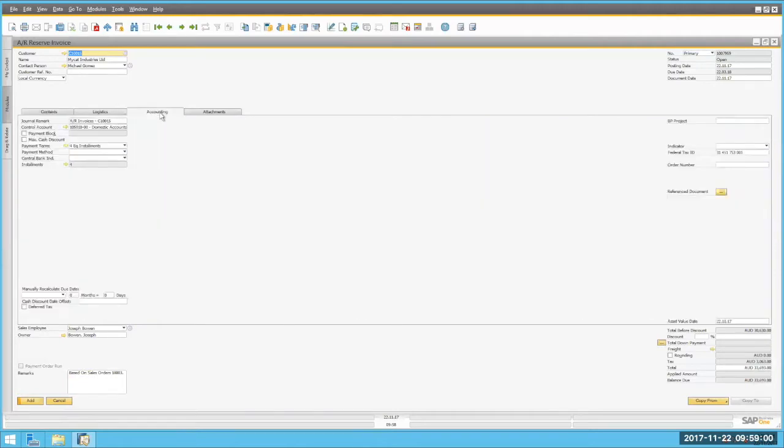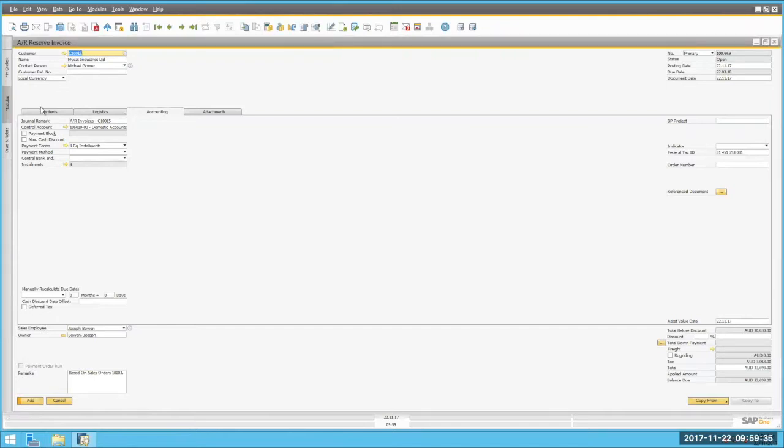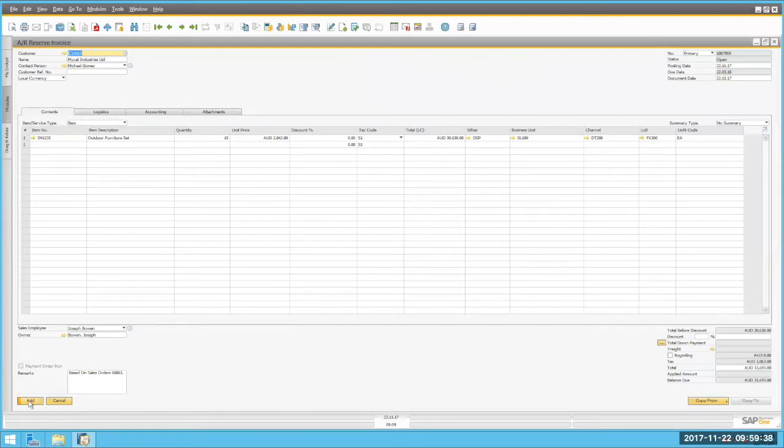I'll go into the accounting tab. And what the system has done is understand that there's 4 installments here. So I can click on the 4 installments and see what the system's determined. So we've got a 25% spread, like 4 lots of 25%, which ends up being $8,400. And then we say that they're due month after month. So today's the 22nd. The first payment's expected on the 22nd of December, 22nd of Jan, Feb, and then March. So the system will then spread it accordingly. So if I go okay on that and post the AR reserve invoice,